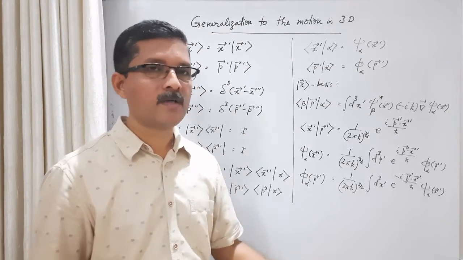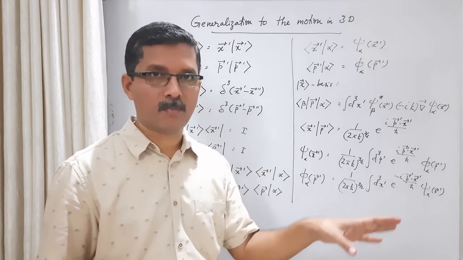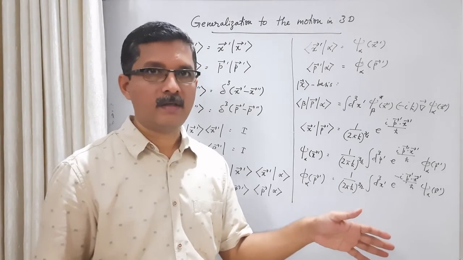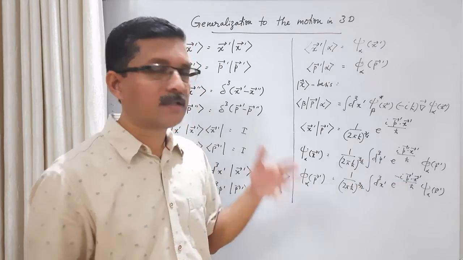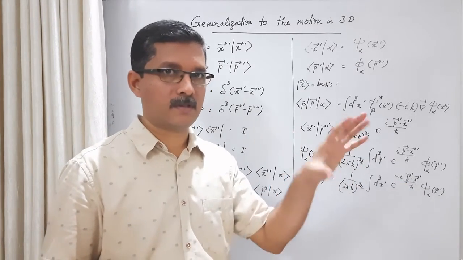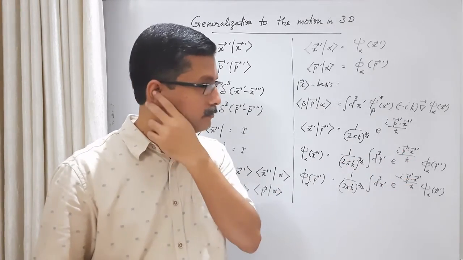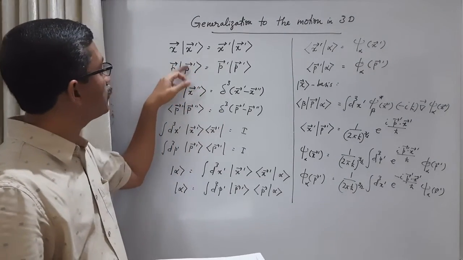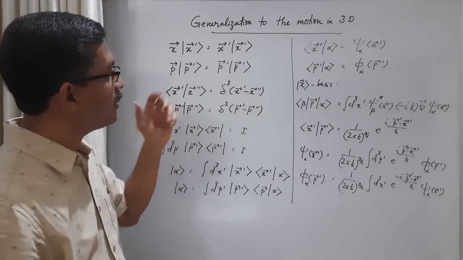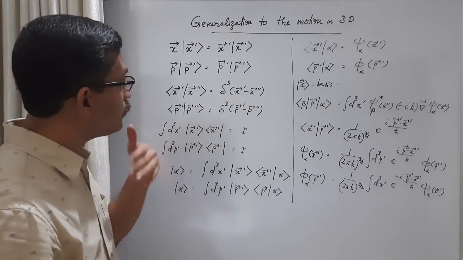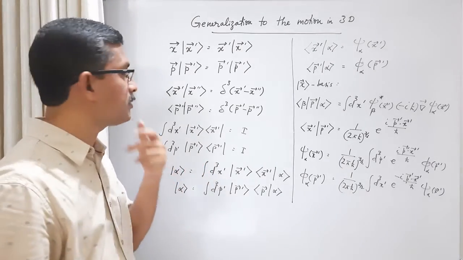But in the case of three-dimensional motion, each basis vector consists of three components: x, y, z, x1, y1, z1, x2, y2, z2, like that. So we use a collective index for this bunch of three components. So this is just the results generalized to the case where the physical space of motion is three-dimensional.